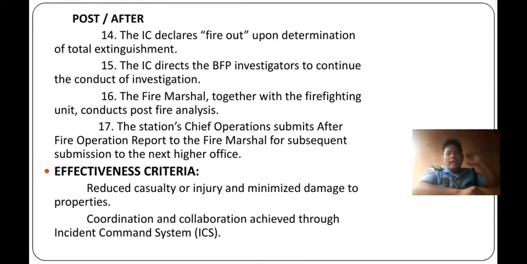Post-fire: the IC declares fire out upon determination of total extinguishment. The IC directs the BFP investigator to continue the conduct of investigation. Sixteen, the fire marshal together with the firefighting unit conducts post-fire analysis. The station chief of operations submits the after fire operation report to the fire marshal for subsequent submission to the next higher office. Effectiveness criteria is the same as in number 5